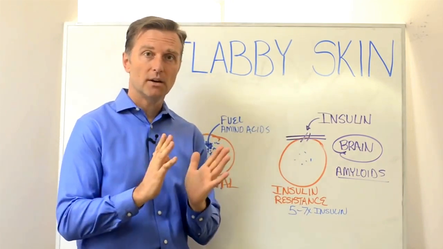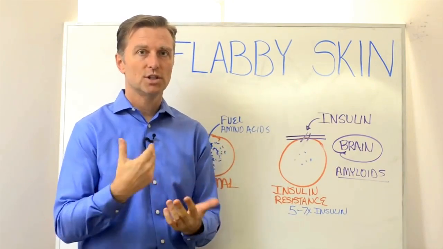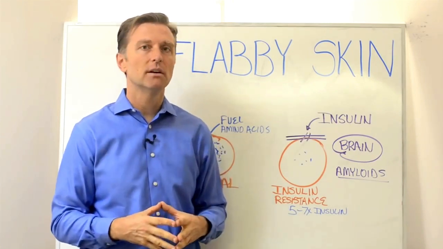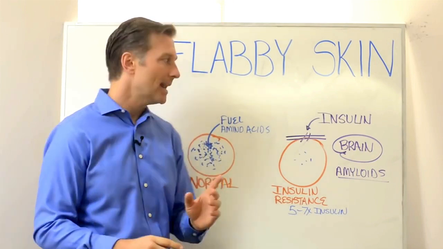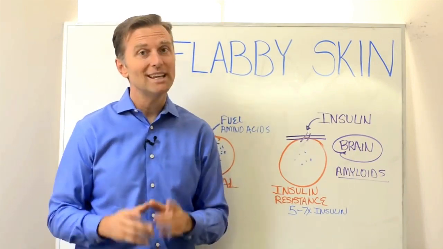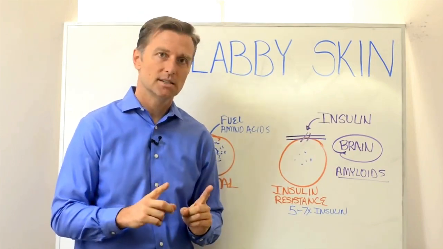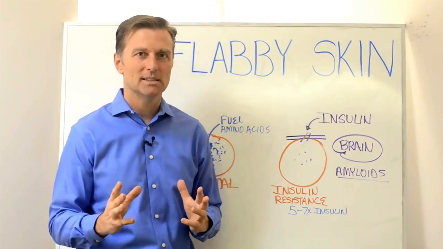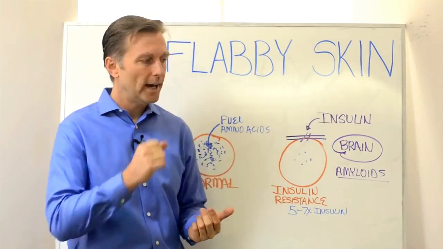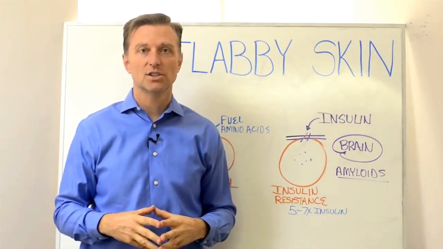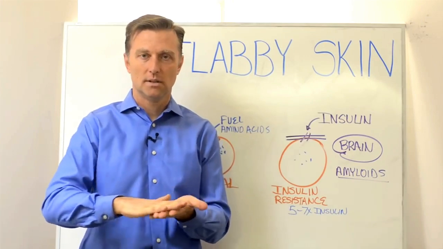Now, in a past video, I talked about cortisol, which is an adrenal hormone, being the root cause of loose skin underneath your arm. But there's another very common cause, and that has to do with this one hormone called insulin, okay? But it's really a condition of insulin resistance. Let me just explain what that means. Insulin resistance is a condition where you have a ton of insulin, but it's not working, because your body's resisting it at the cellular level.